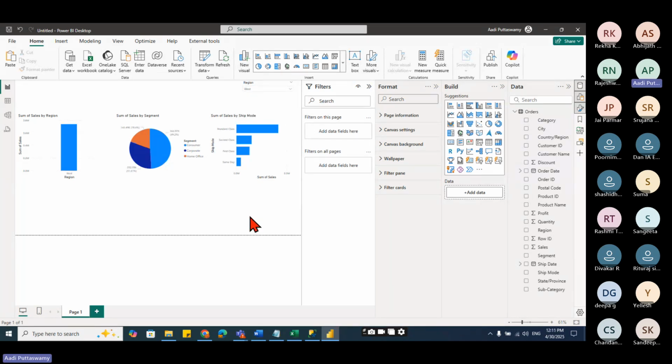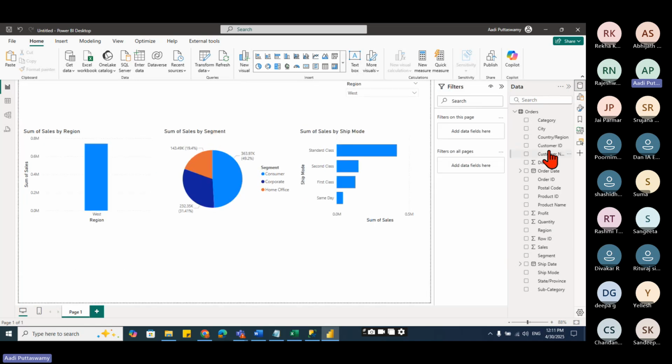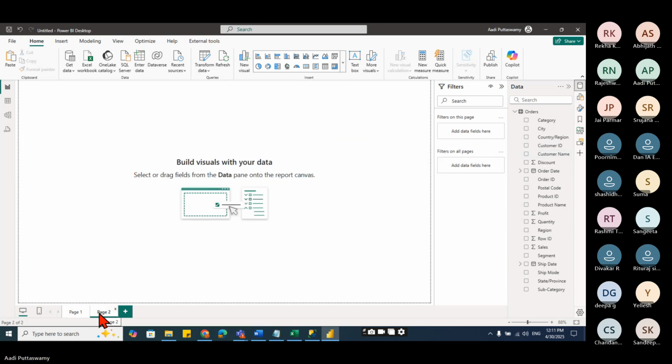So this is what many people actually feel. But let me tell you, people, instead of this, you have lot many things what you can actually create. Lot many. I can create one layout. I can bring that layout into Power BI and then start creating the reports. Let me go to another page. Then we'll try to create the layout. How to create the layout? Either in PowerPoint we can create, or we have Canva.